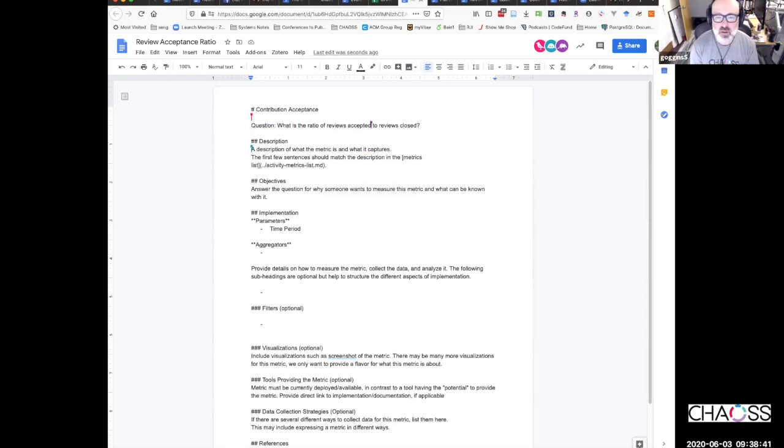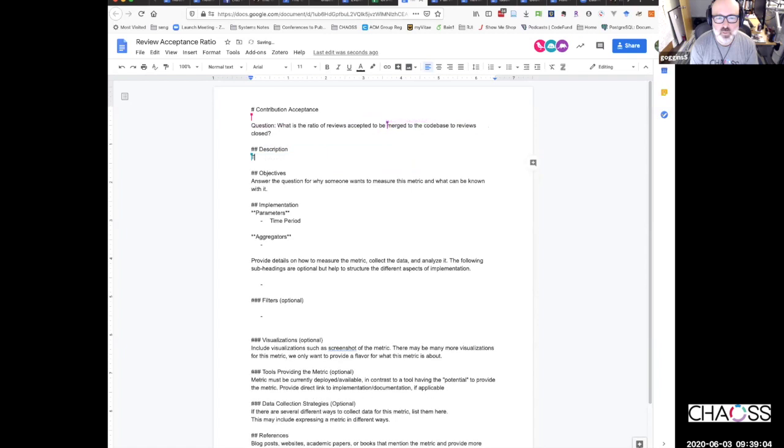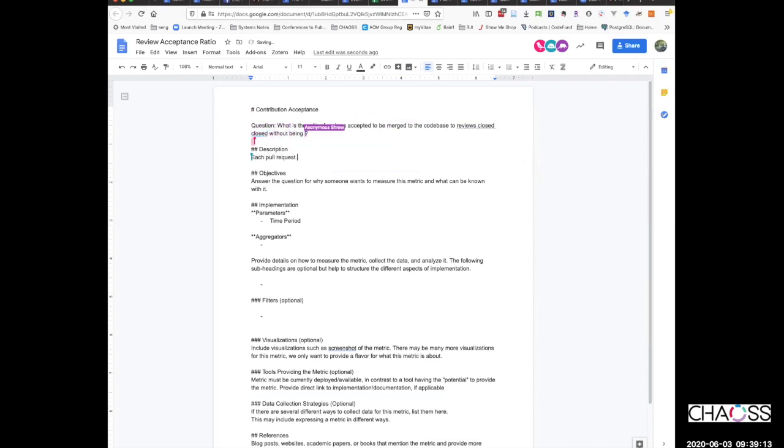Does this look like the right question, Carter? One second, I have to make sure I put this note. I think we can get rid of merged. The code base I think is redundant.